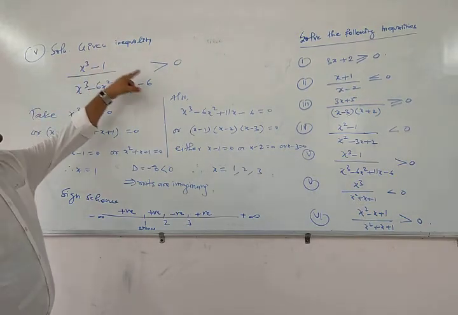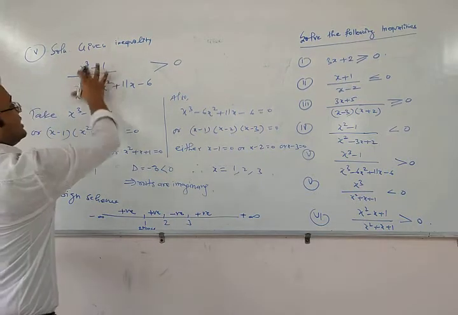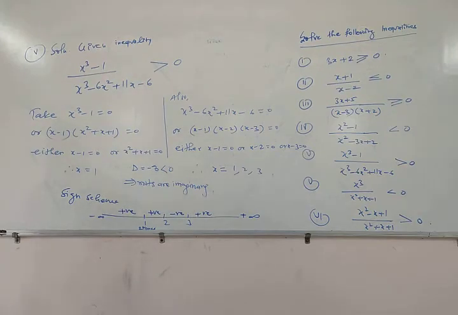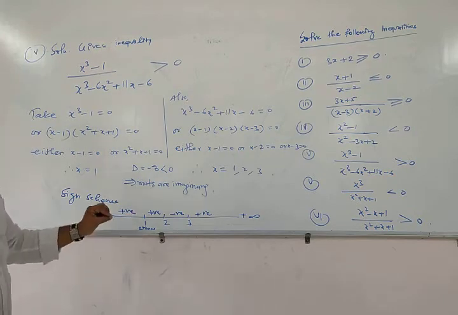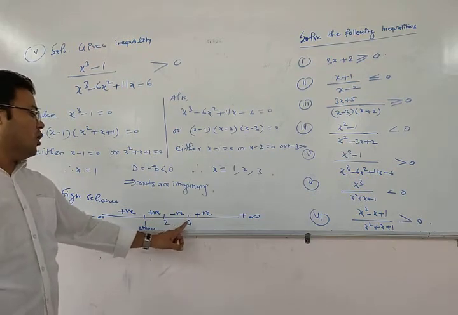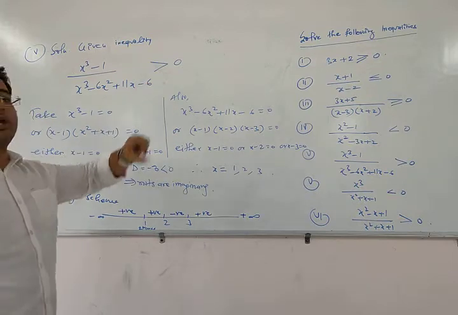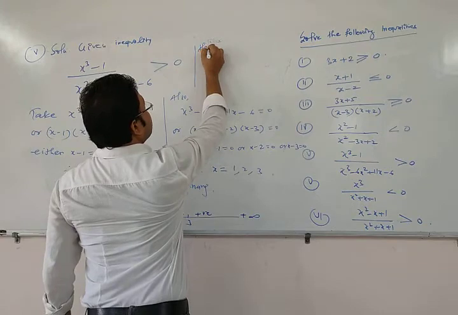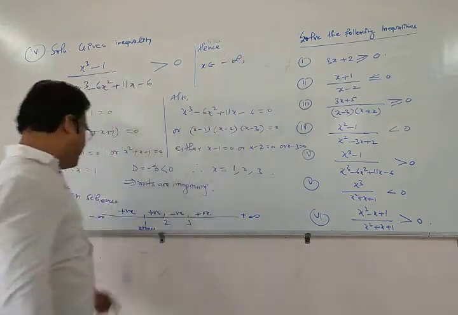You can see the inequality, and this inequality shows that greater than means we have to take positive sign, and where the positive sign is, there are three intervals where positive sign shows। कहाँ पे, माइनस इंफिनिटी से 1, 1 से 2 और फिर 3 से इंफिनिटी। इस बात का ध्यान रहे कि इक्वल टू साइन नहीं है, इसलिए कोई रूट को लेना नहीं है। तो फाइनल आंसर hence x belongs to